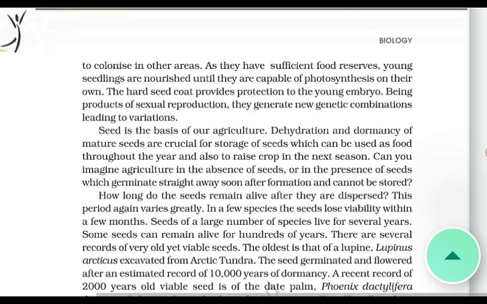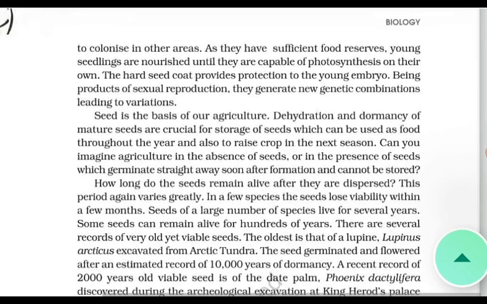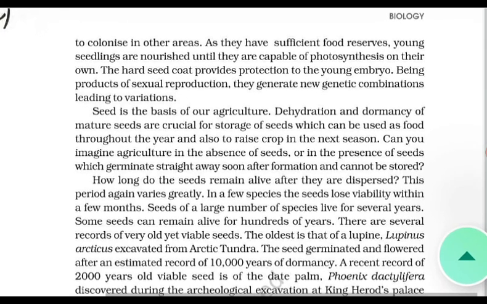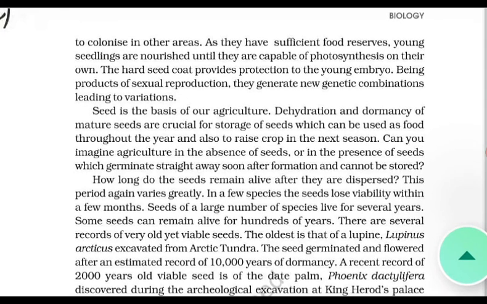Integuments of ovules harden as a tough protective seed coat. The micropyle remains as a small pore in the seed coat. This facilitates entry of oxygen and water into the seed during germination. कौन? Micropyle, ठीक है? As the seed matures, its water content is reduced and seeds become relatively dry, that is 10 to 15% moisture by mass.